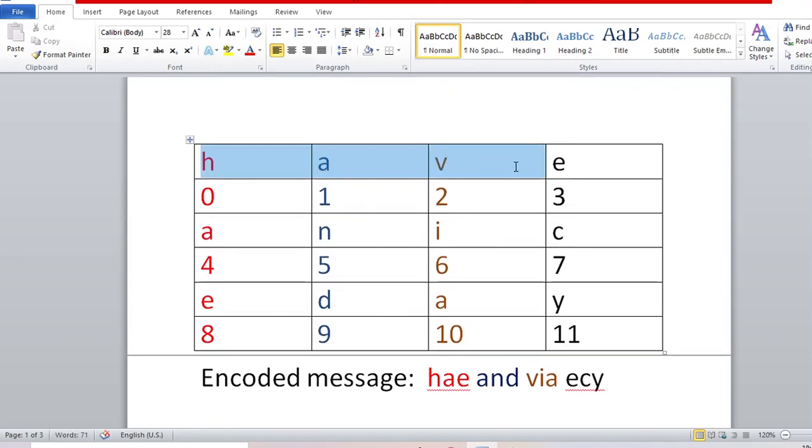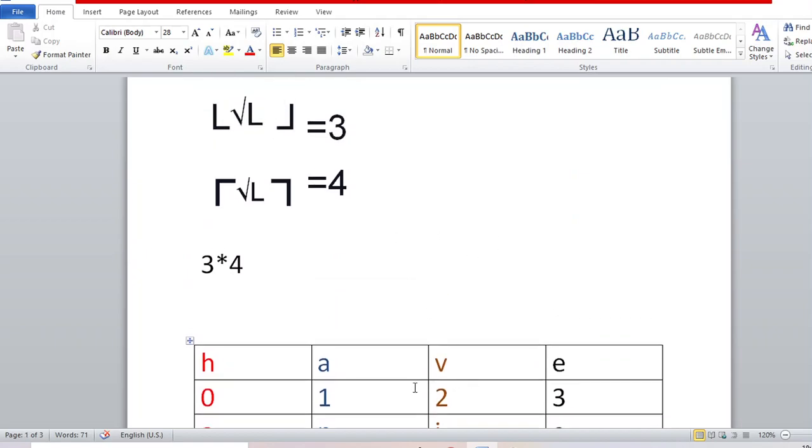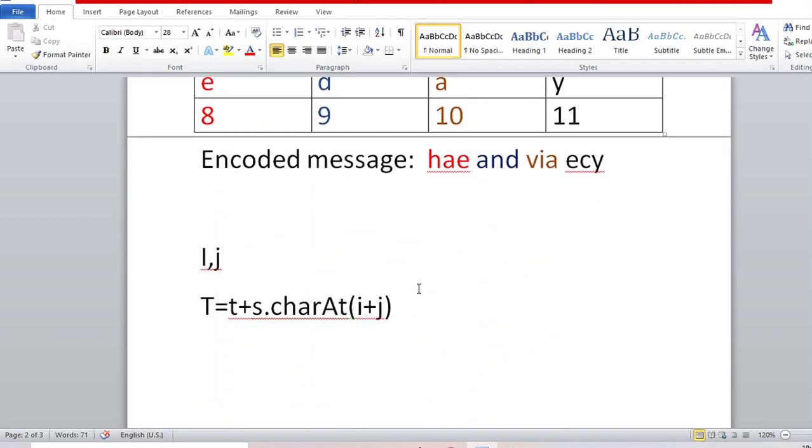This difference will be increased by 1. So if I continue the i value from 0 to 3, because there are a total of 4, then 0 to 3, and the j value will be increased every time by 4.